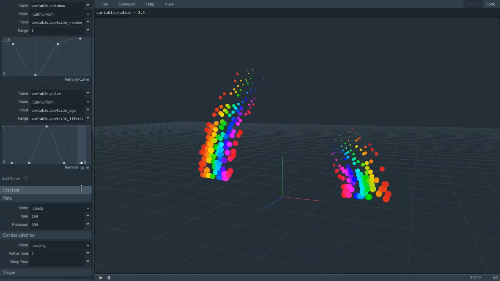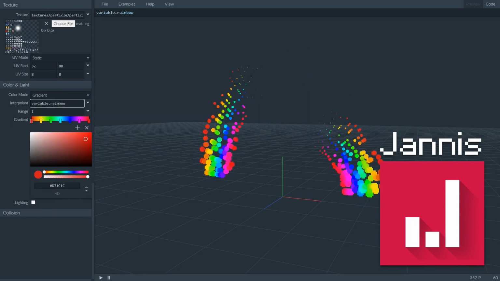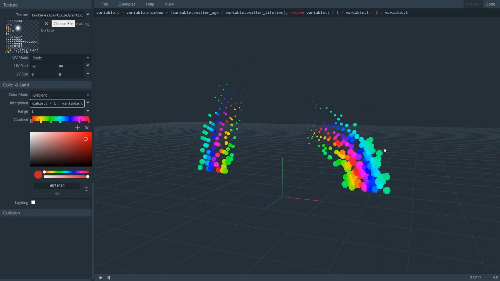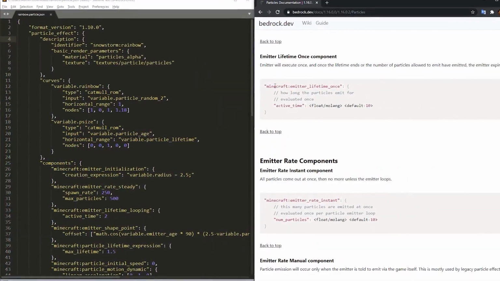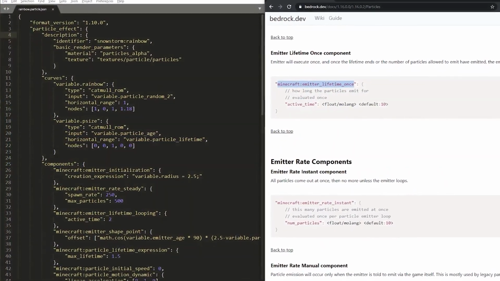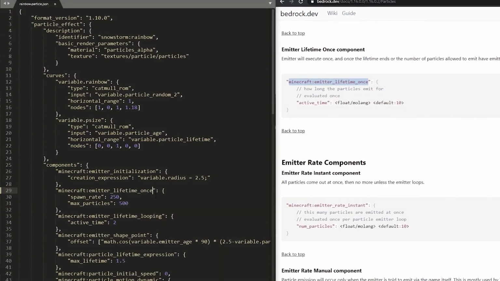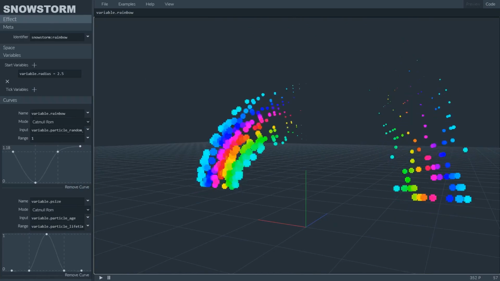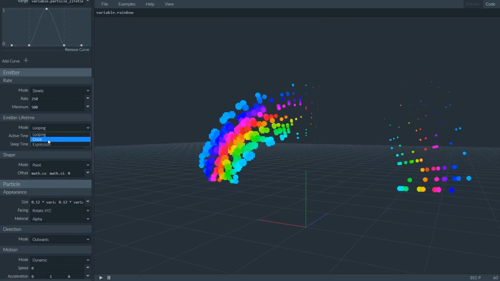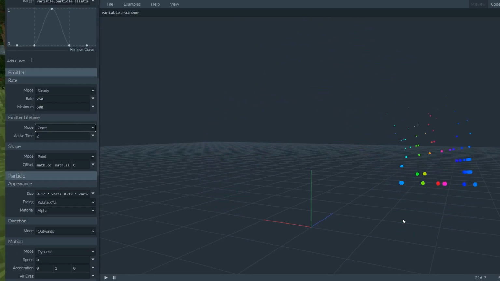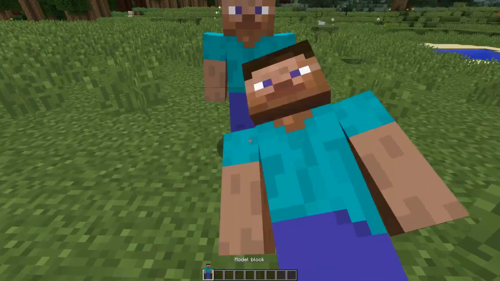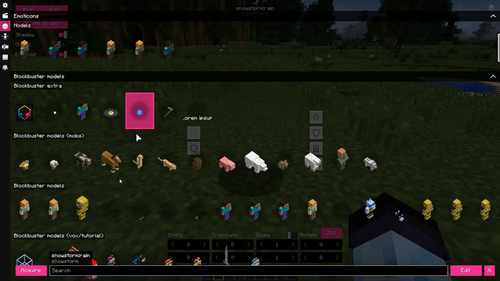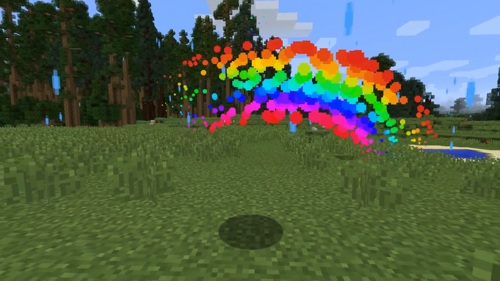So, Snowstorm is a particle editor made by Jannis. It's made for creating particle effects for Bedrock edition of Minecraft. Before Snowstorm, you'd have to manually edit JSON files, wasting lots of time writing fancy configuration. However, with Snowstorm, you can make those much easier with an organized and nice looking GUI editor. You can also use these particle effects in Java edition of Minecraft using Blockbuster mod, since version 2.0, thanks to